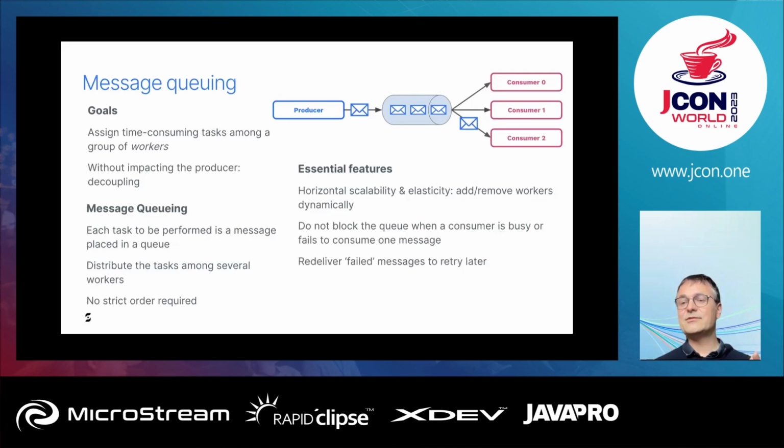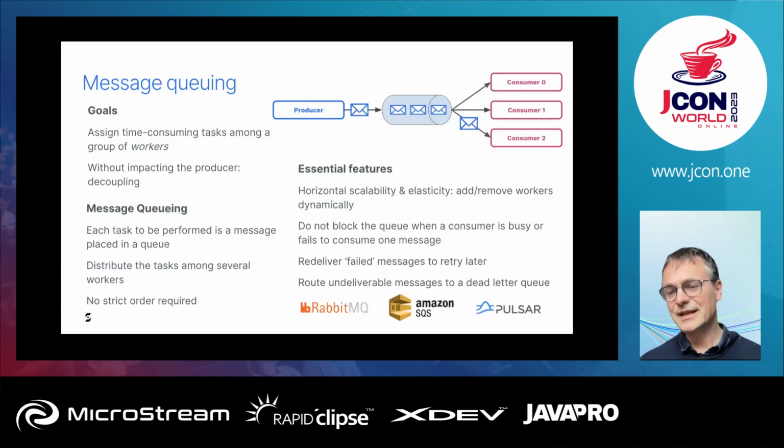When a consumer fails to handle a message because of an error or a timeout, you may need the message broker to redeliver the message later to retry the task, right? And you also need to remove undeliverable messages from the queue and move them to a dead letter queue. And because of that, messages may then be consumed in a slightly different order than produced. But as we said, the order is not a strong requirement here.